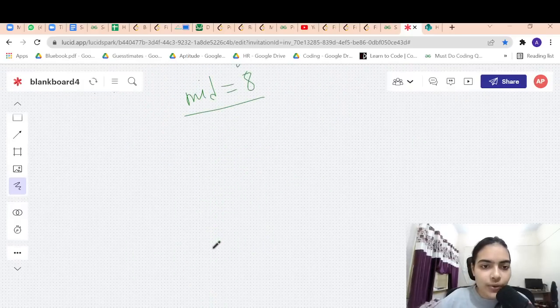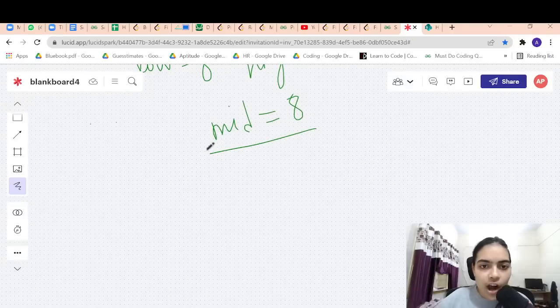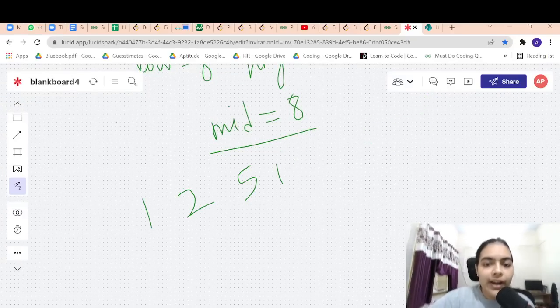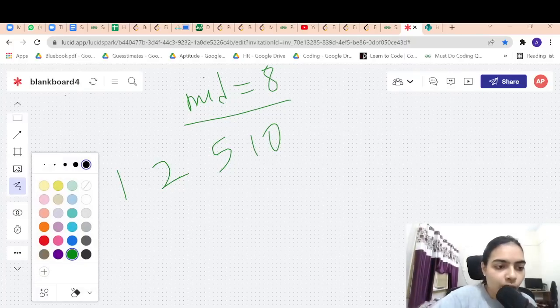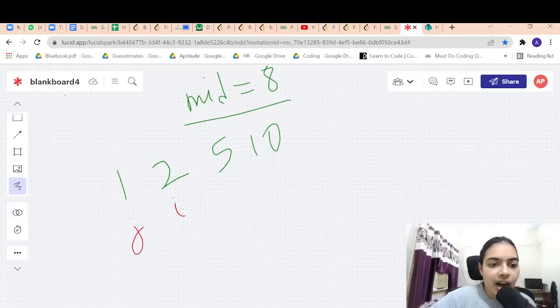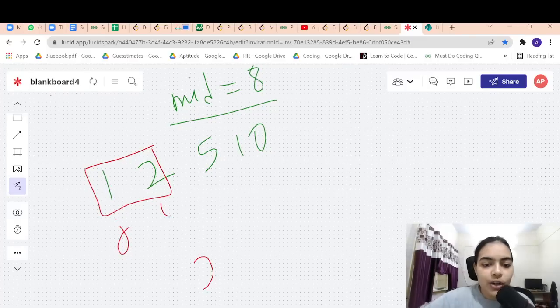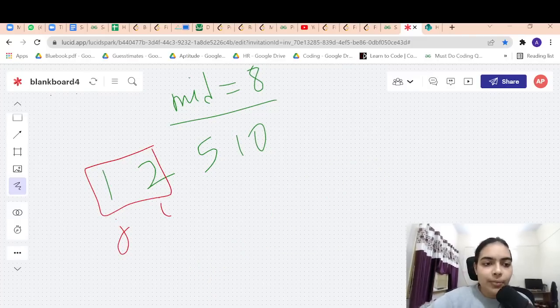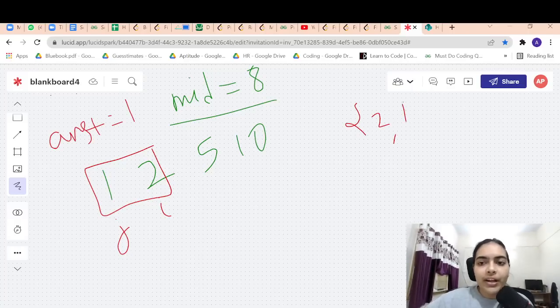Okay. Now let's very quickly check how many pairs have absolute difference less than equal to 8. So you have 1, 2, 5, 10. How do we check? We start with I, we start with j. This is the first sliding window. 2 minus 1 is 1. 1 is less than equal to 8, right? So you have 1 pair. I'll just store it in answer. The pair is 2, 1.